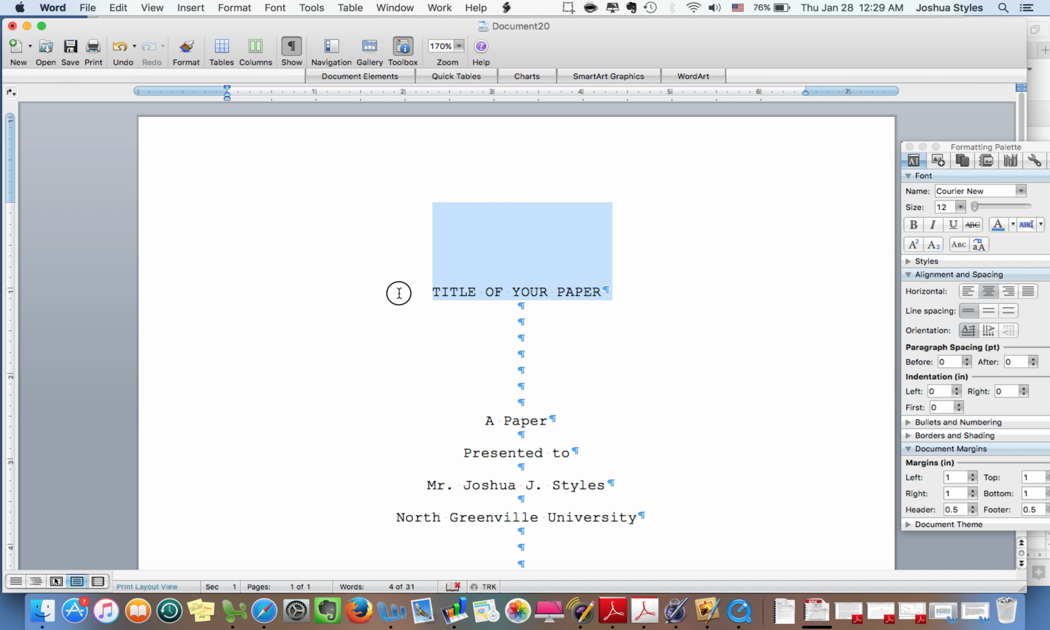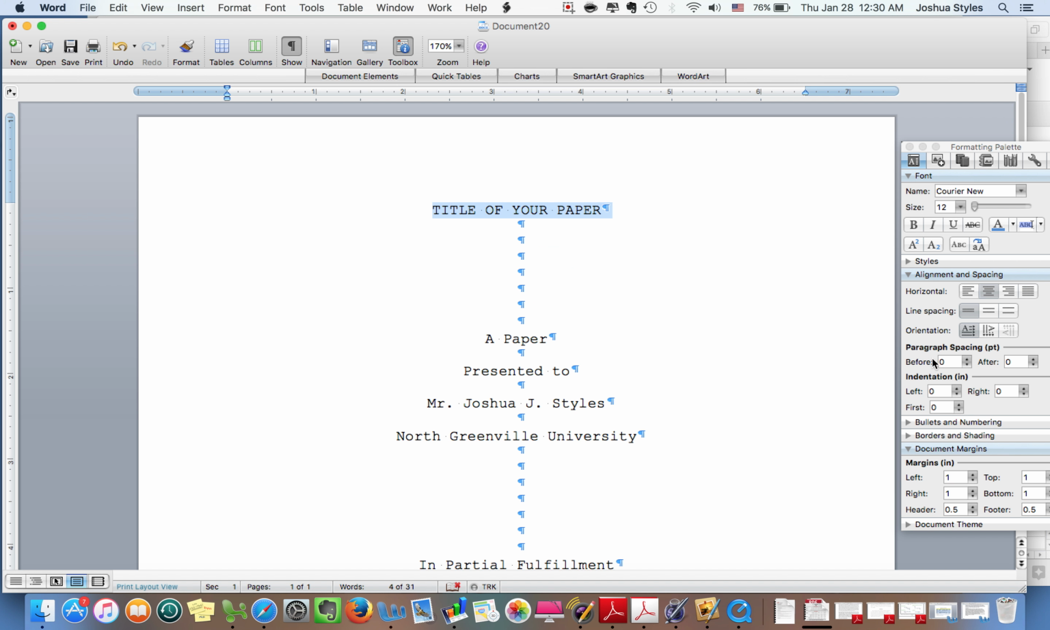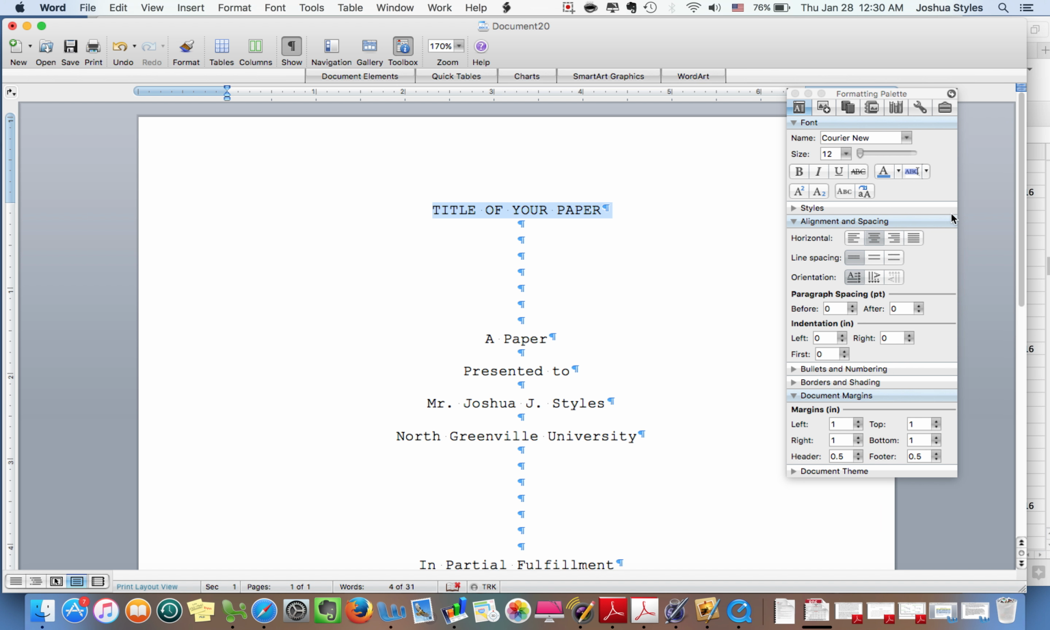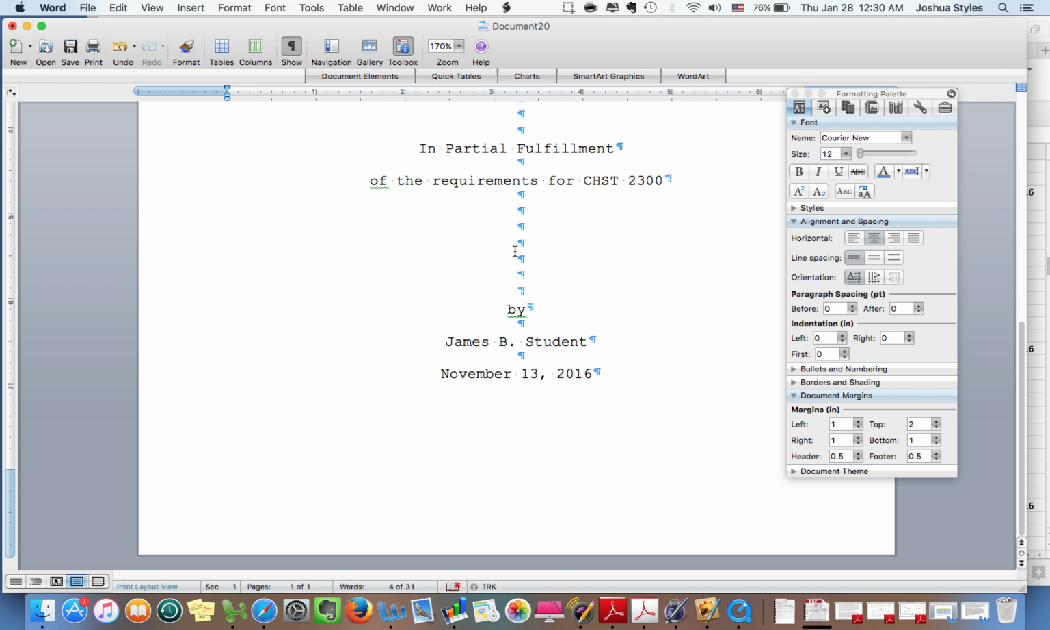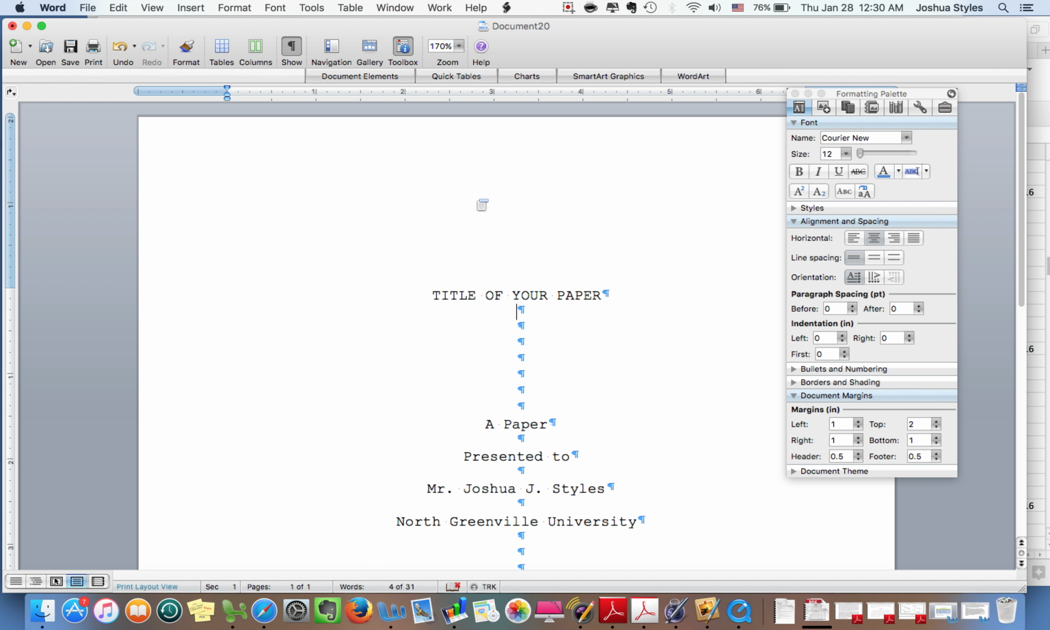Now, I'm going to show you the other way that you can do it. If you change the paragraph spacing over here back to 0, you could go to your top margin and set the top margin, the actual document margin, to 2 inches. And as you can see, you've accomplished basically the same thing. Whichever way you choose to do that is fine. What matters is that you have a 2-inch margin at the top of the paper, and then you would follow